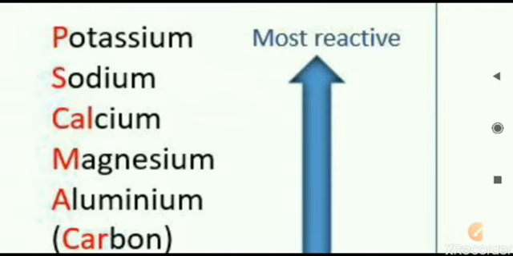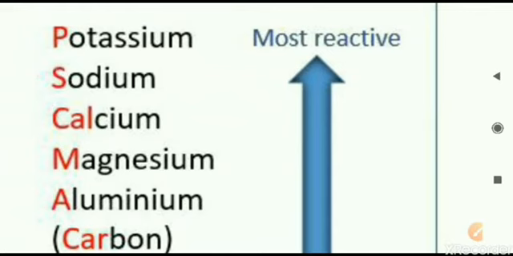But before moving to the preparation, we have a very important concept, a table that is called the metal activity series. That is important for us to learn to be able to understand the various kinds of reactions that are happening. So this series, the metal activity series, is what? It is the arrangement of different metals in decreasing order of reactivity.